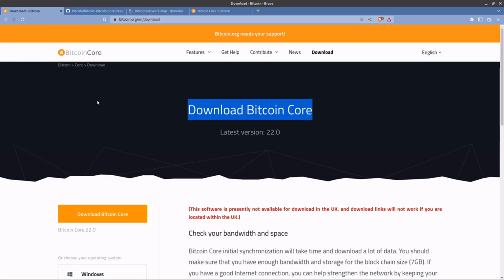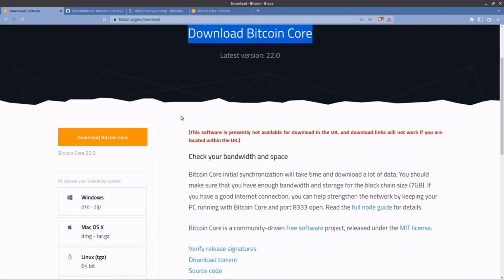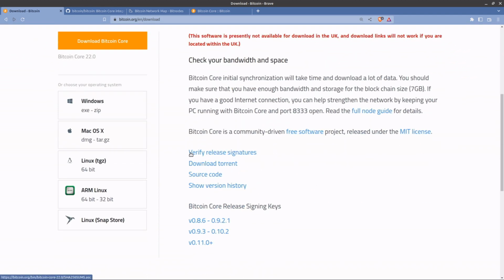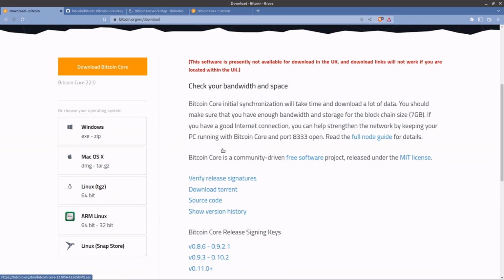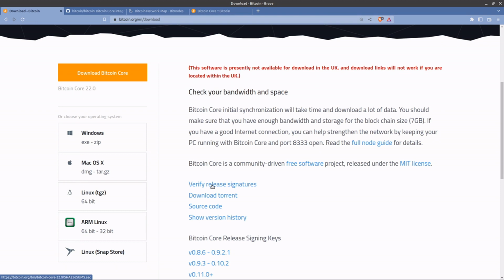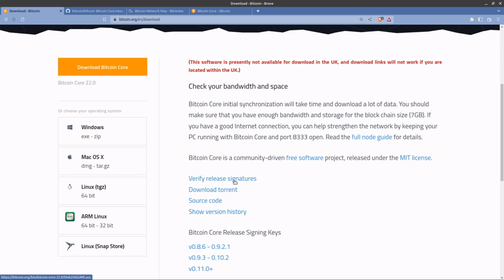Yeah, so download Bitcoin Core. Software which you can run on Linux, Mac, Windows. You can use a Linux snap as well if that's easier to work with. The instructions are all here. The really important thing is, if you're going to connect what's called your wallet to your full node, you do really need to make sure you verify the signatures, because if the software was changed in transit,